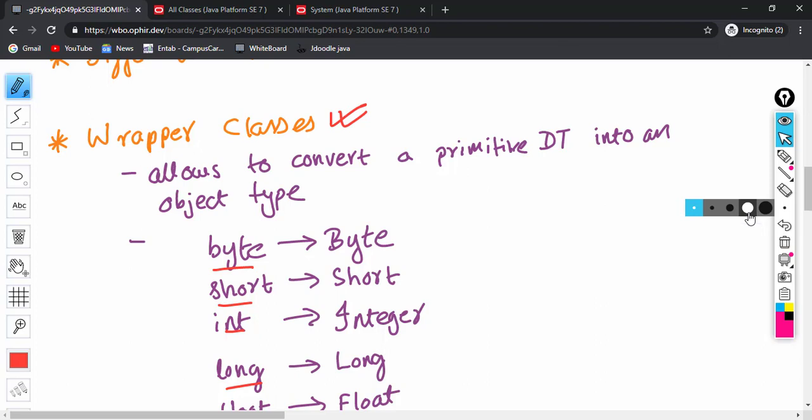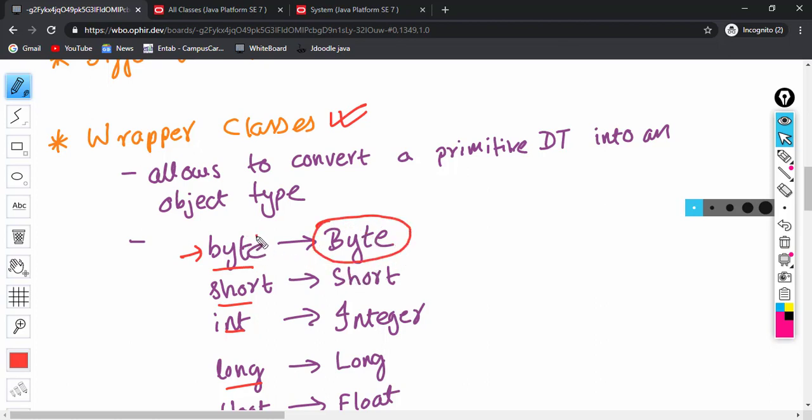Classes allow us to create functions which will perform some operation on the given type. So to solve this issue, all the primitive types have their representatives in the form of classes.